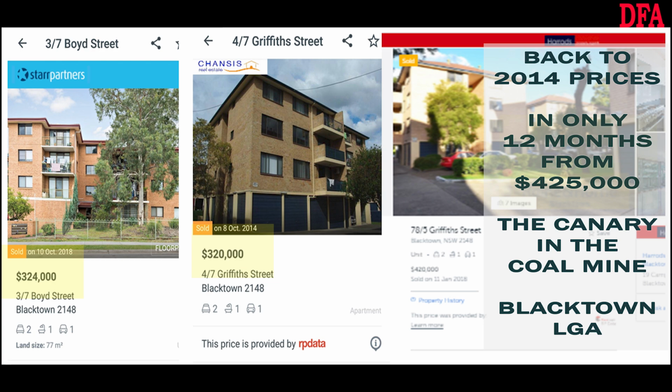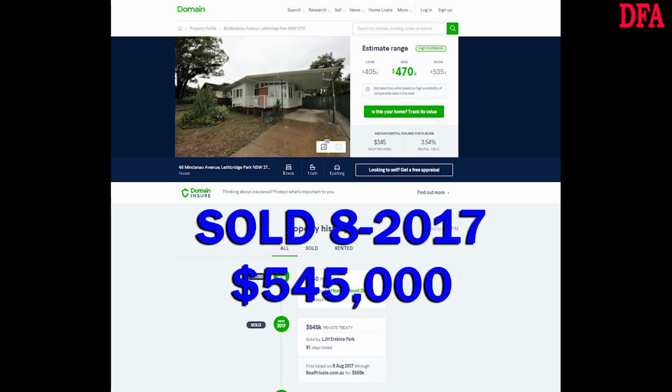From a year ago, the offices that I work with in the area sold the older, more established apartments again. So they're about 35, 40 years old. Sold 14, 15 months ago for around 425, 430,000, and now they're on the market at 320, 340. So there is a lot of movement, and I started talking about this in mid 2017, where some of the